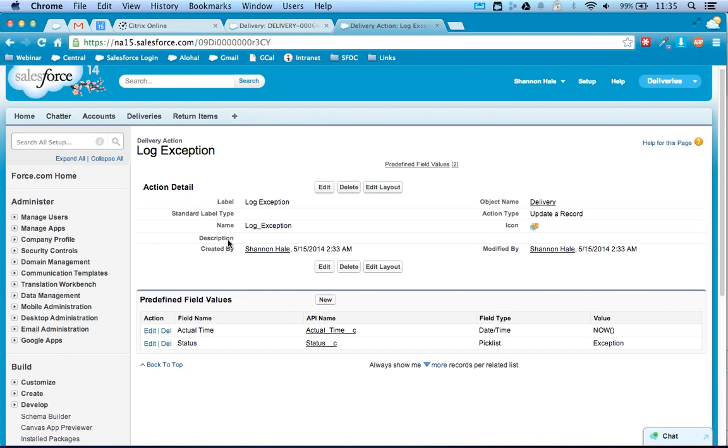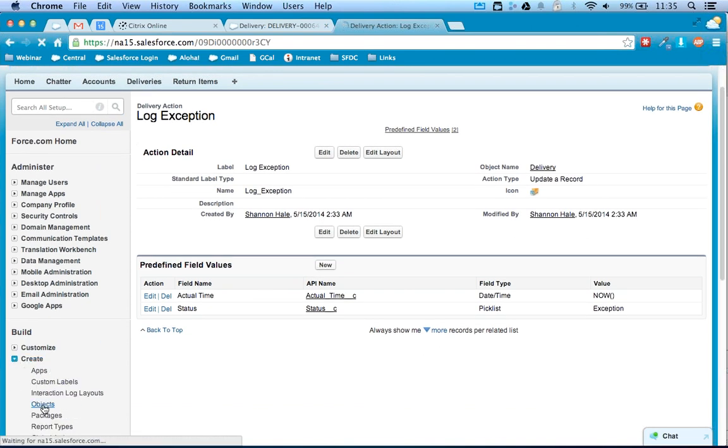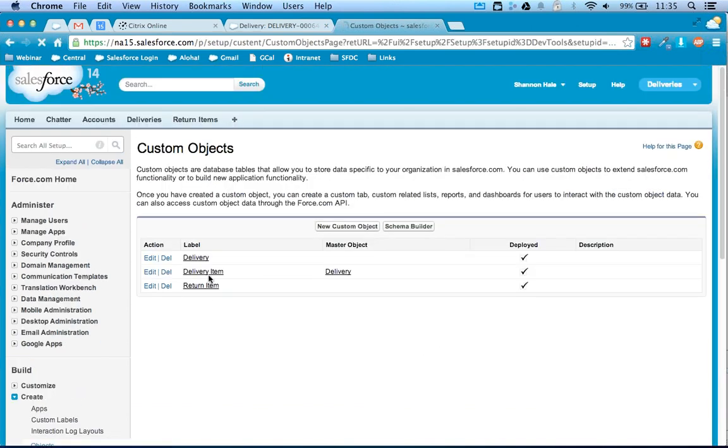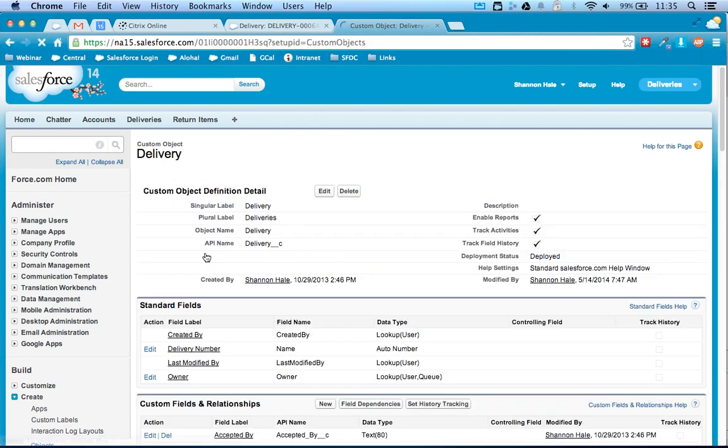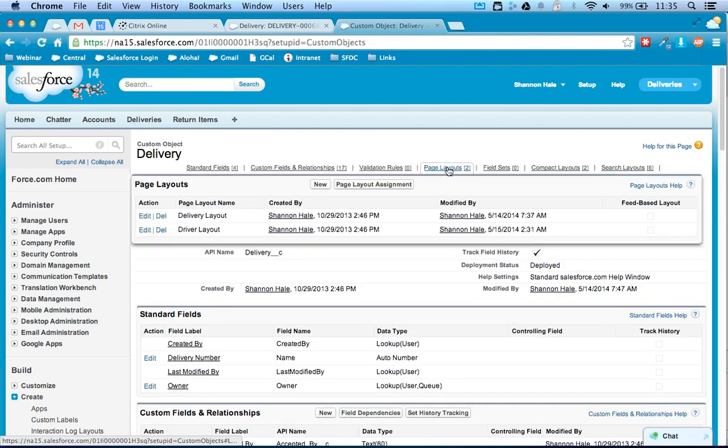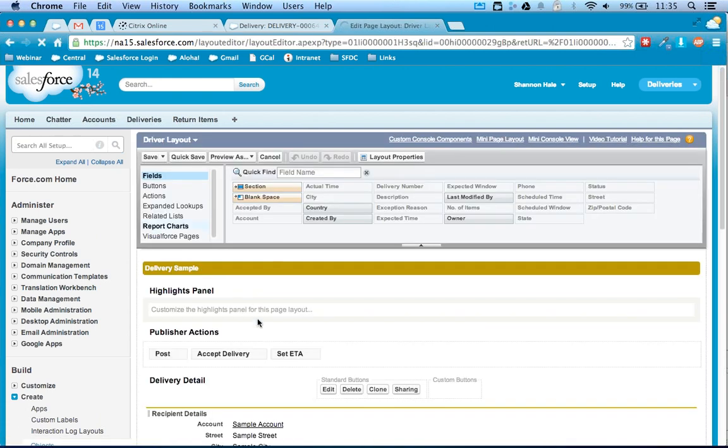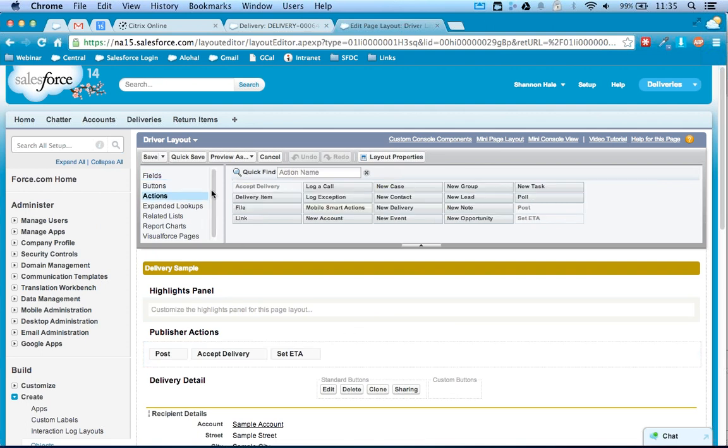Let's now go back to our delivery object and add this new publisher action to our layout. I already had put 3 in there, ones that I had, and now the new one that I just created, I really want it on there as well. So the actions are here, and my new log exception action can be added to it. All right, I'll do a quick save,